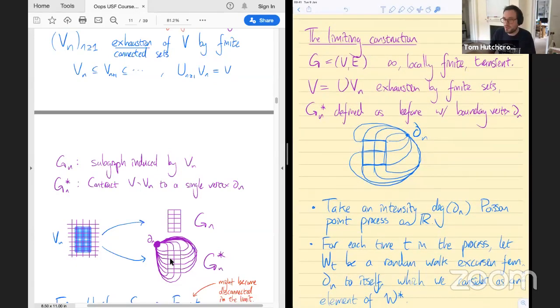So I'll show you another equivalent way of constructing the random interlacement process. So how does this work? We take, again, same thing as usual, a transient graph. The transience is important. And we'll take an exhaustion by finite sets, and we define these graphs Gn star as before by contracting everything down to a special boundary